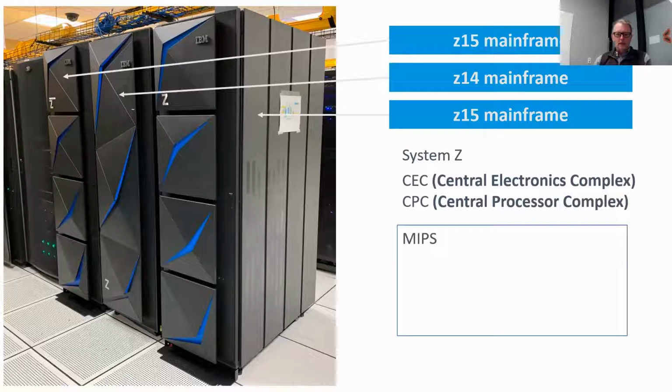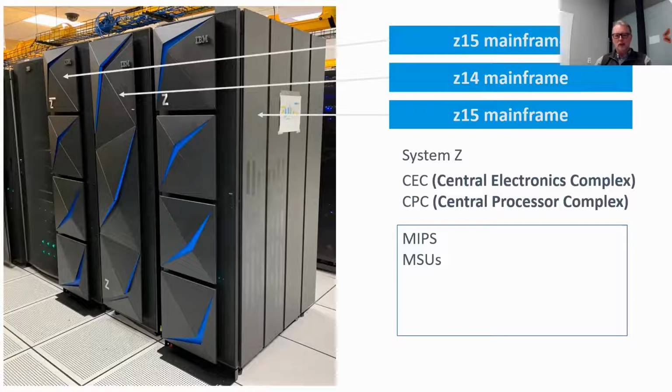The mainframe itself, you might hear the term MIPS. MIPS is a measure of the capacity of the machine. They don't go by megahertz or gigahertz or CPU speed or capability. They go by millions of instructions per second. The higher the millions of instructions per second, essentially, the more it will cost you to operate the machine.